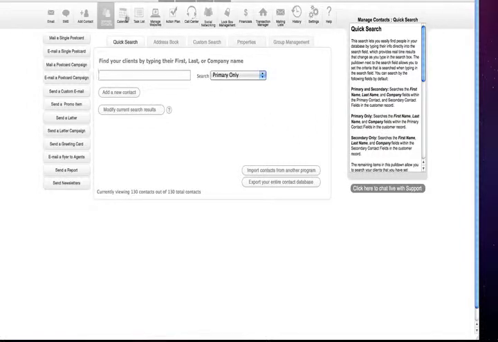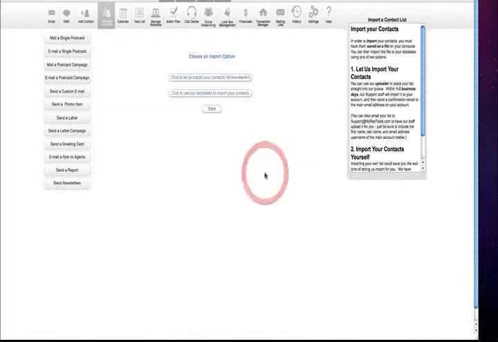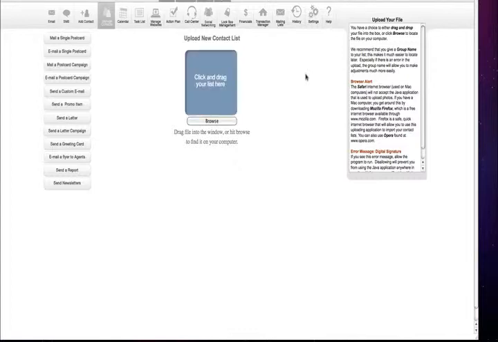First, select Manage Contacts and then click Import Contacts from another program. If you would like to have our support staff upload your list to your account for you, click the first option. Click to let us import your contacts. Click to accept the digital signature if you see a warning pop up, and then upload your list by dragging and dropping it from your desktop or by browsing for it. This sends the list directly to our support staff, and they will have it uploaded to your account within 3